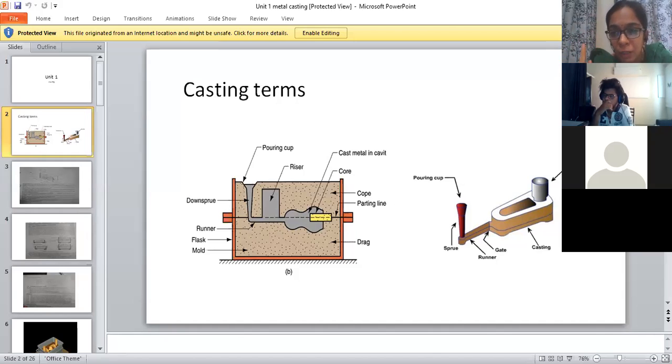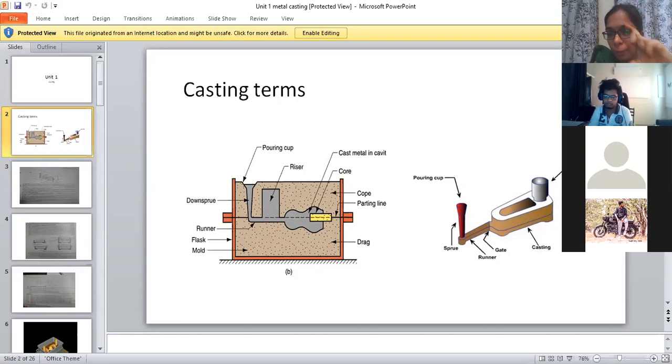We had done one experiment, the permeability test. Remember the permeability test? Remembered or not? In the lab, yes ma'am, we were ramming it and we sent the air inside the flask. You prepared a sample, we were ramming it and we allowed the air to come out. That is the permeability test, right?